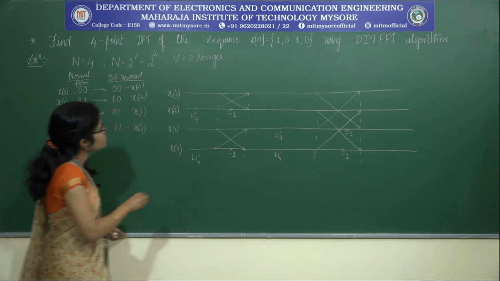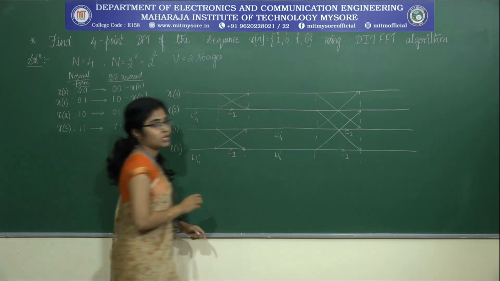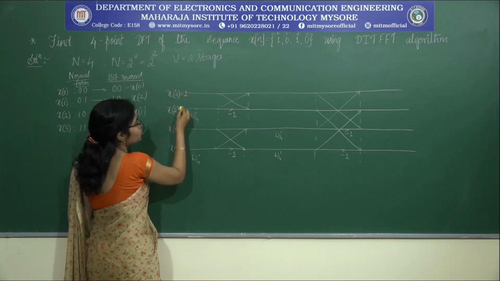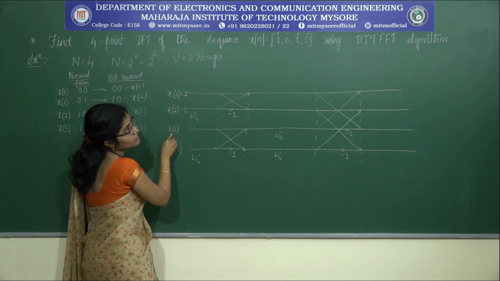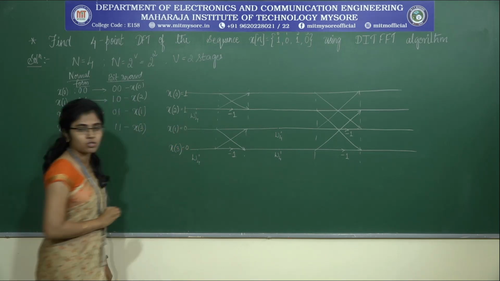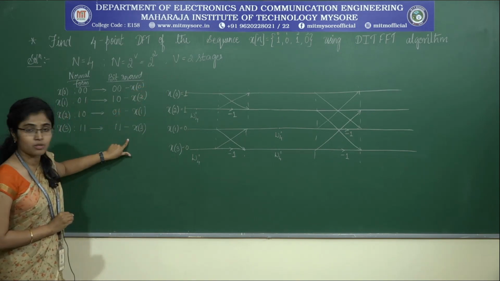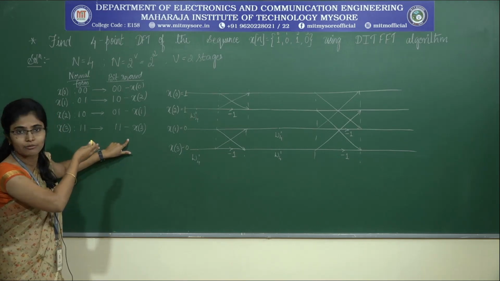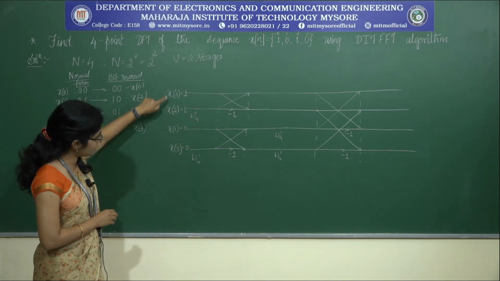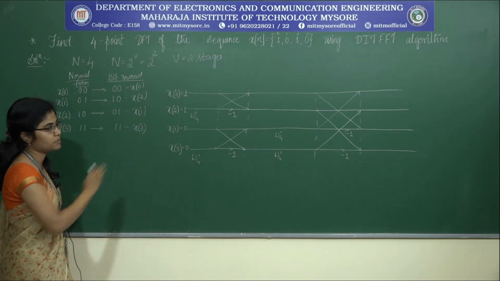Moving back to the question, this is x of 0, x of 1, x of 2 and x of 3. What is x of 0? The value of x of 0 is 1, x of 2 is also equal to 1, x of 1 is 0, x of 3 is 0. So this is the first step which you should do: find the number of stages and find the bit reversed order. If they give a different point DFT other than 8 and 4, then draw the butterfly structure, then write the input. Later, find the values of omega so that it will be easy for substitution.